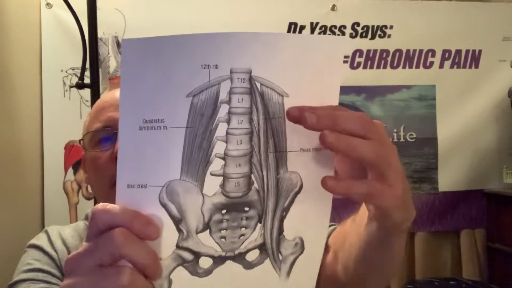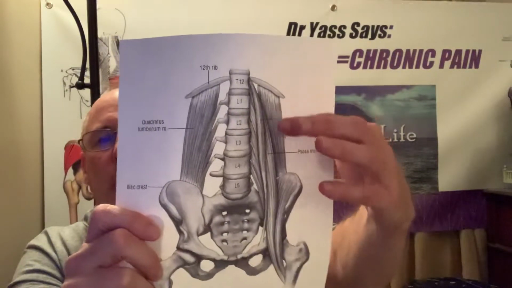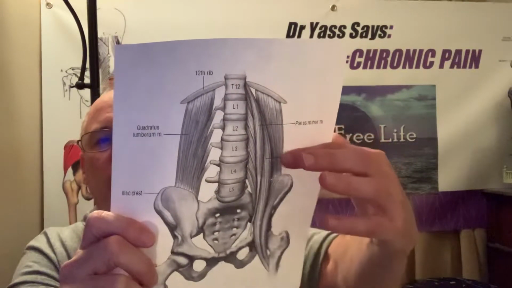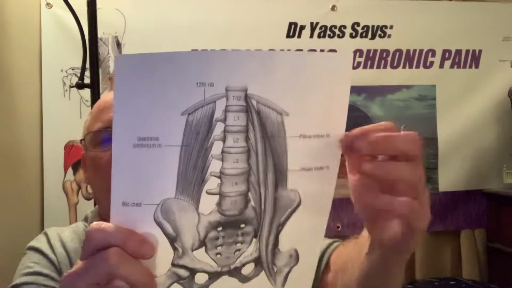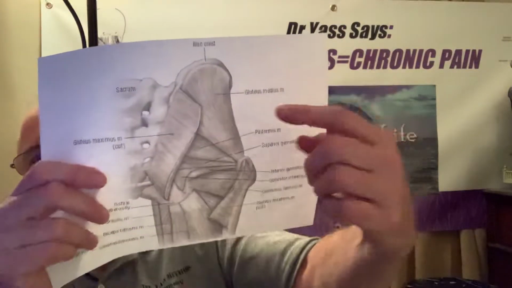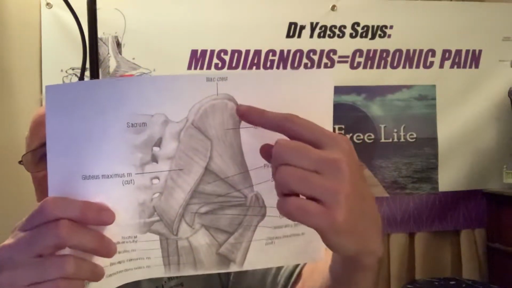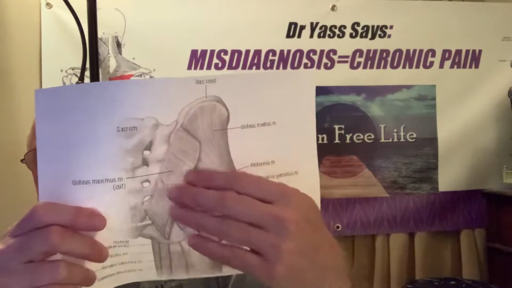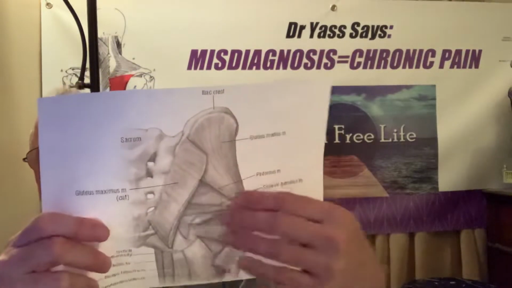iliac crest. There is your differentiation for the lumbar spine, right here, for the lumbar region, the bottom of the rib cage to the top of the iliac crest. And then below that is the pelvic region, the gluteal region. And so here is now on the back, here is your iliac crest, and here is the gluteal region, which holds all the muscles